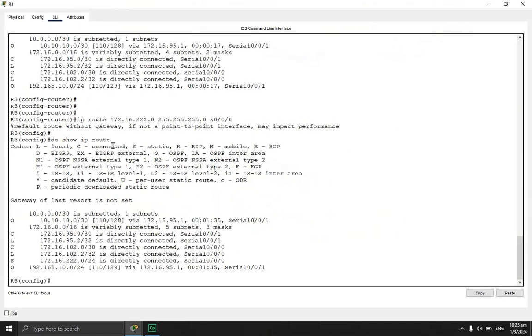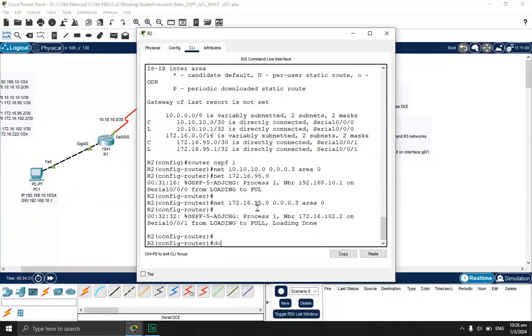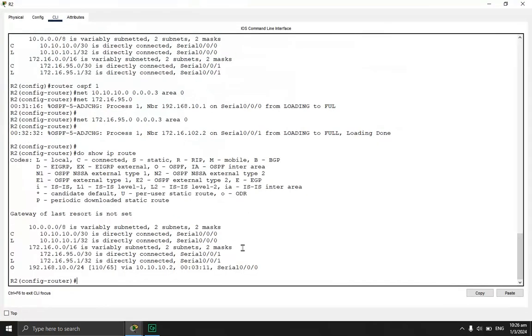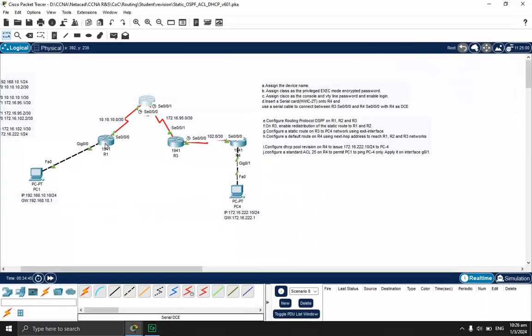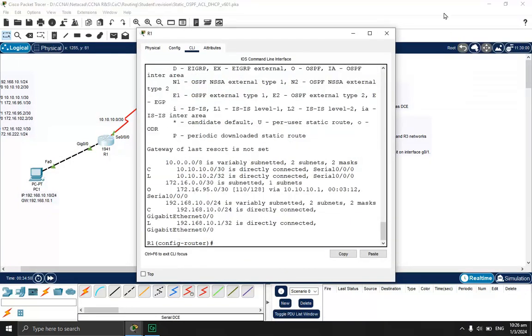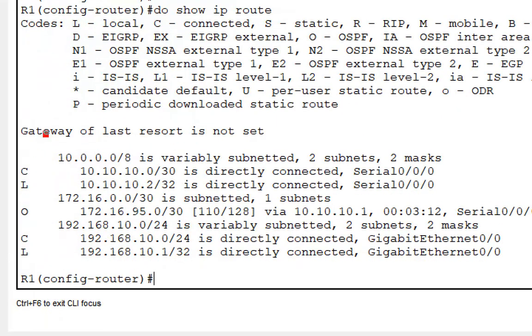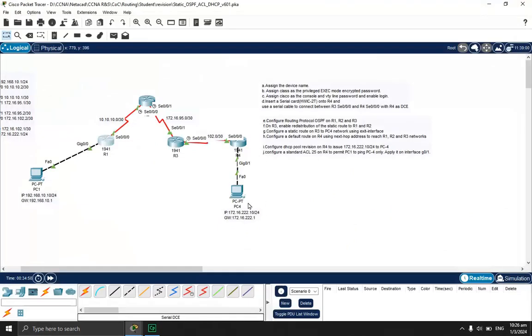Okay, so as I mentioned, you only configure a static route on R3 to reach the R4 network. But do R2 and R1 know about it? If you do a show ip route on R1 and R2, in this case I'm doing R2 first, you will find that there is no destination network of 172.16.222.0. Similarly, if you do a show ip route on R1, you will find that there is also no destination network 172.16.222. So if R1 and R2 don't know about the 172.16.222 network, you will find that PC1